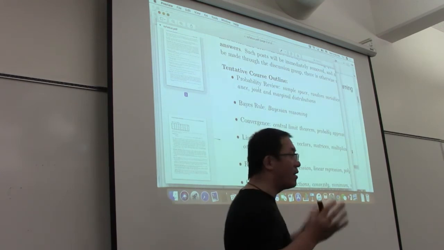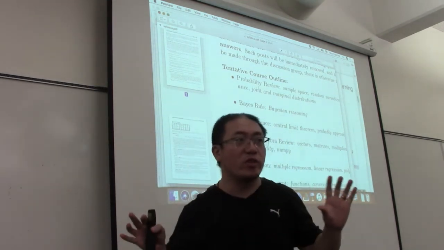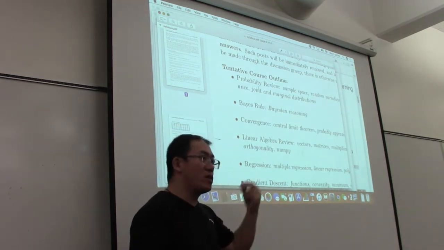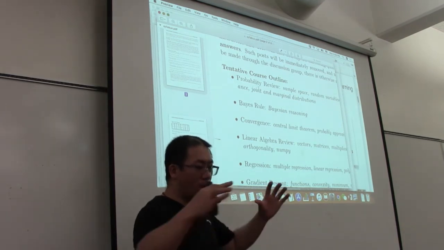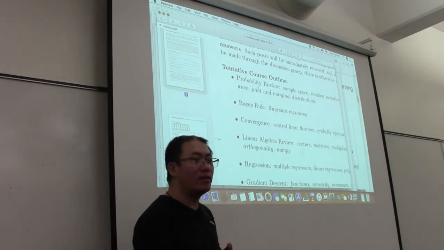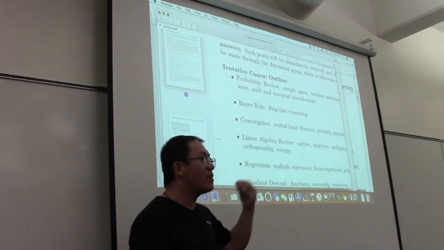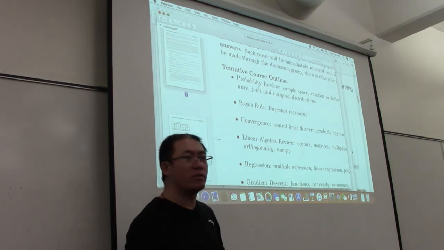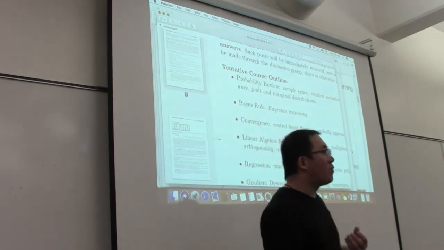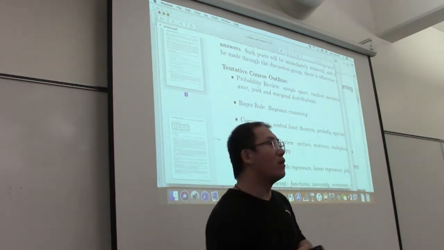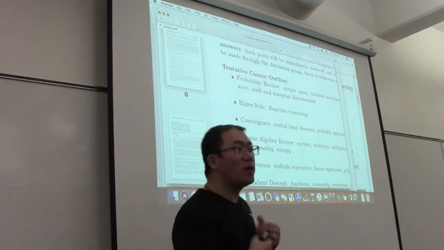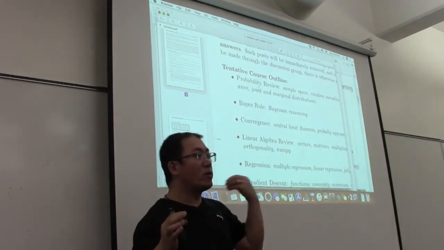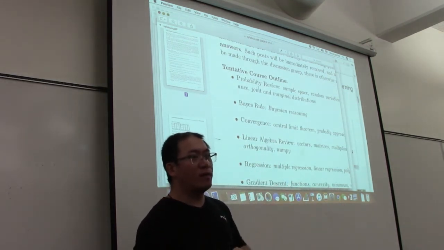Because in all branches of data science research, what's the main focus? What's the object? It is the data. We have to collect the data and analyze the data, or extract useful patterns from data, or utilize the data to build models for future prediction. Then what are the properties of data? The basic property of data is that it contains a lot of noise. There is a lot of uncertainty in the data. That's why we use probability, because probability is a rigorous mathematical framework to deal with uncertainty.